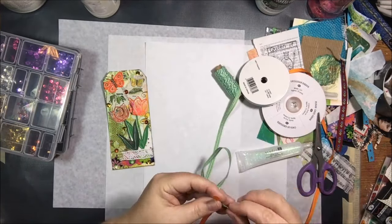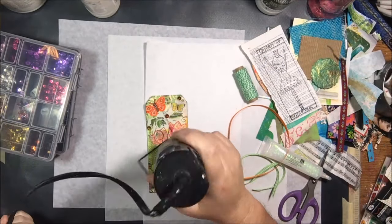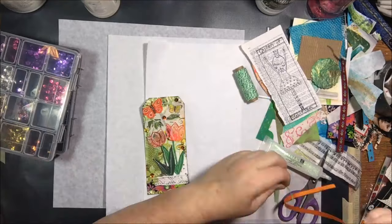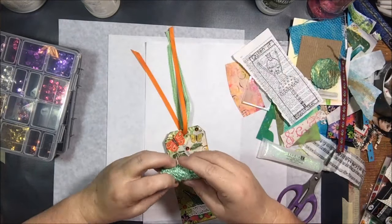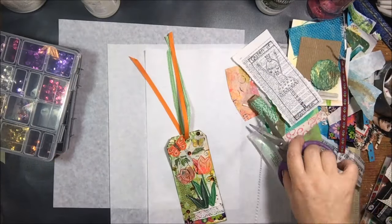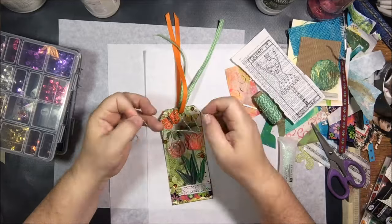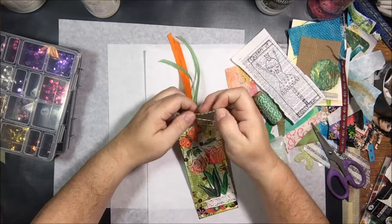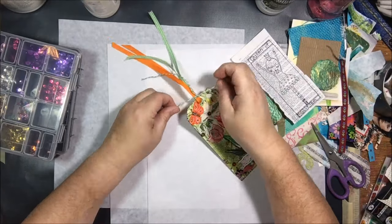That similar type of glitter glue comes in all kinds of brands. Stickles being probably the most common one. And then of course this, I don't even know what brand this is or where it came from. Probably Michael's or something. So then I got out some ribbons from my gigantic ribbon drawer, some orange and a